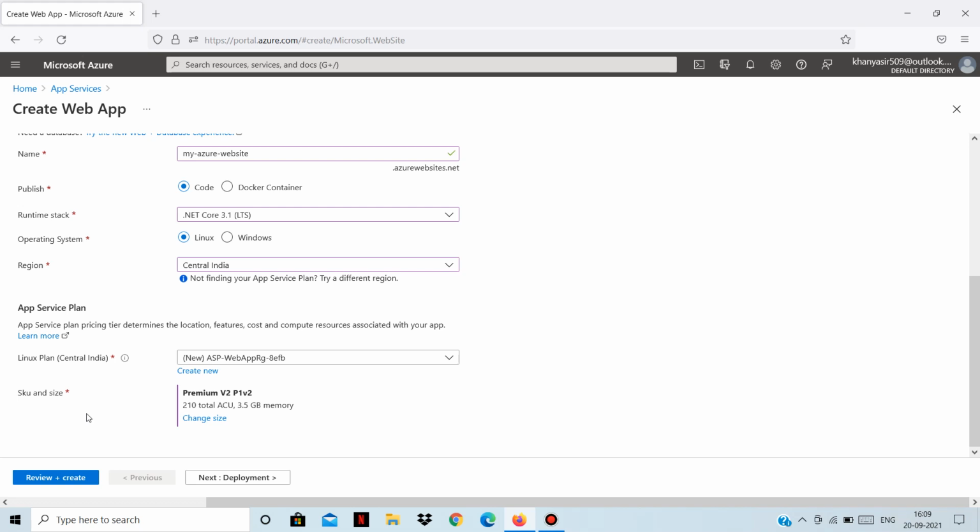Based on different plans, you have different features associated. We will see in some minutes. An important point to note is that in a single app service plan, you can host multiple web applications.